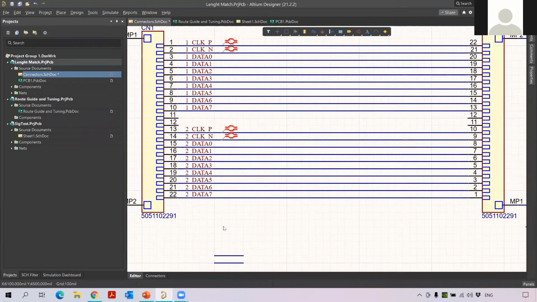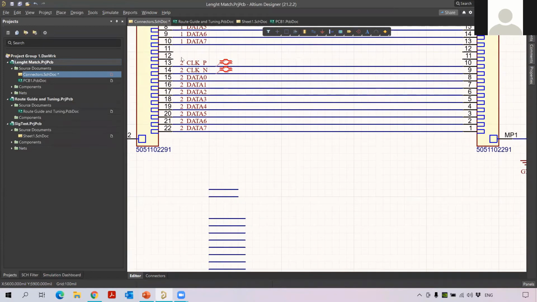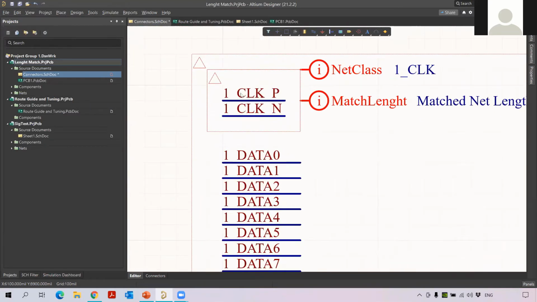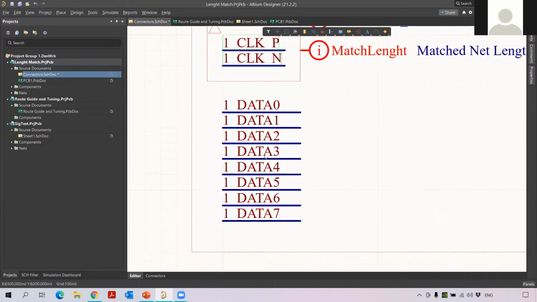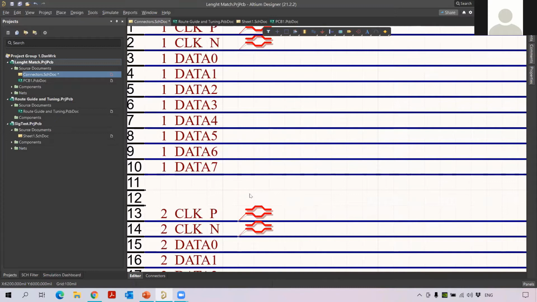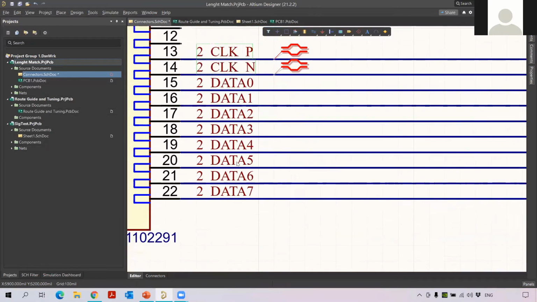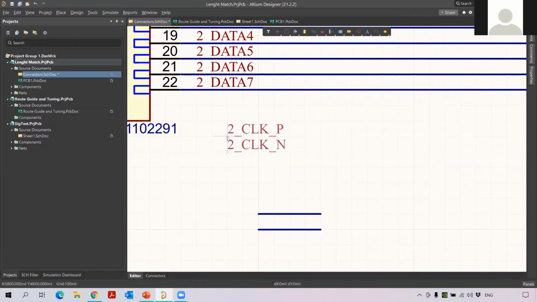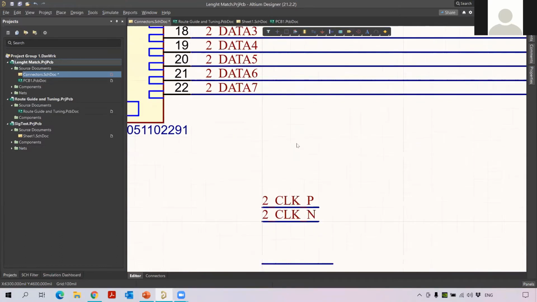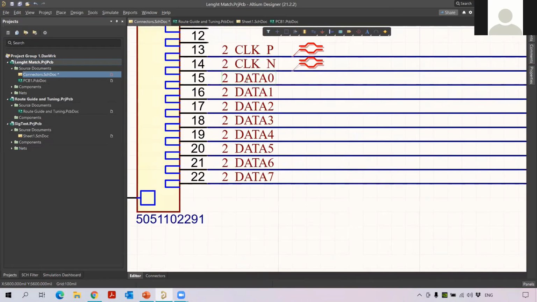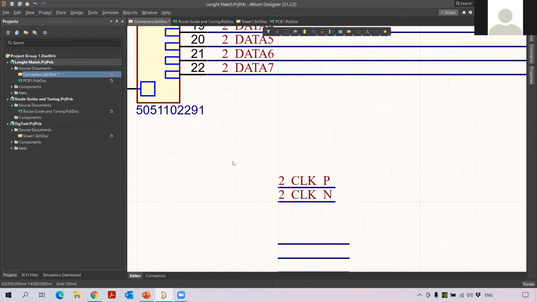Okay, so once done, now I'm going to apply this channel 2 for these wires. So let me copy and paste it. I just copy these two and then I paste it below. Sorry, I need to copy these two. Okay, these two, I copy it and then let me paste it. You can see here, I just copied here. Now I'm going to copy this and then I'm going to paste.